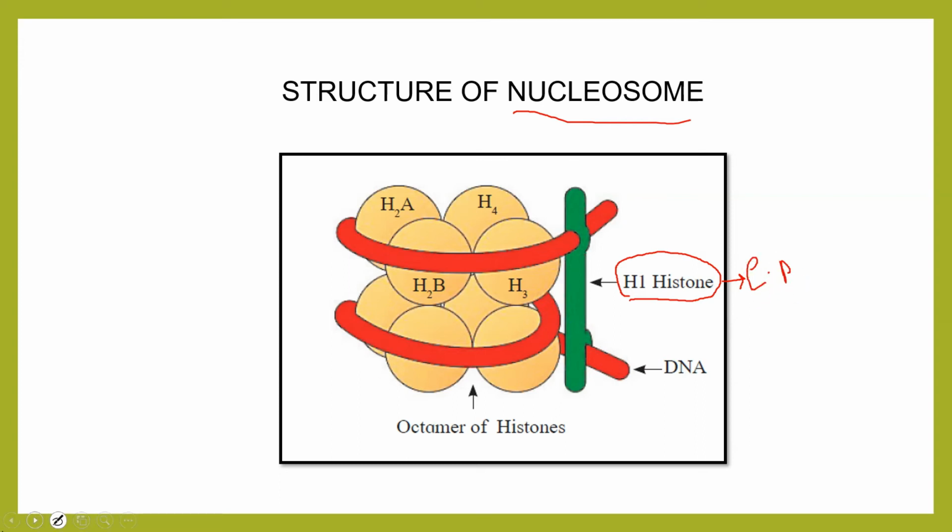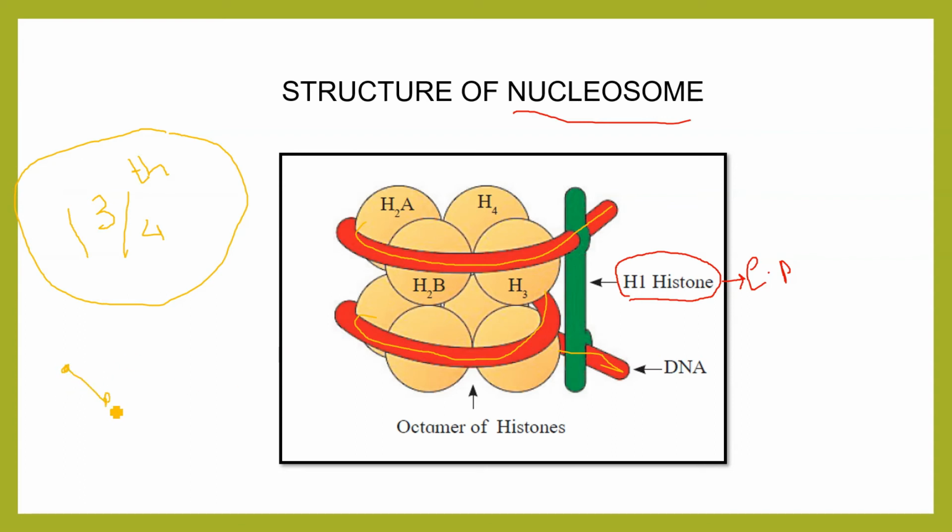The DNA is coiled in this form. That is, the DNA will come like this, it is coiled, again coiled, and then it leaves. It means it takes one complete turn, and the next turn is only 3/4, which means 1/4 of the circle is left. This is 1/3 of the complete turn. And if you look under the microscope, it looks like a bead and string arrangement, like this.